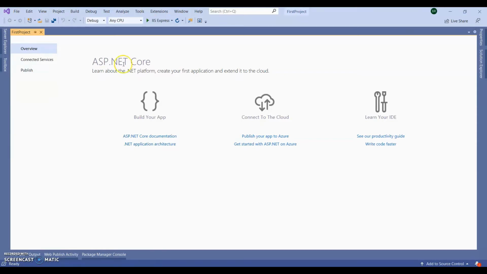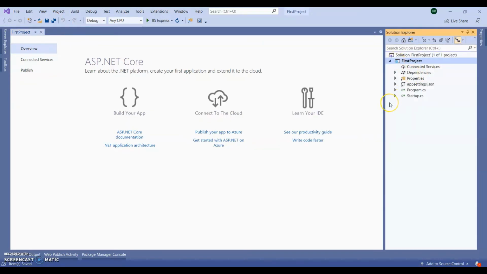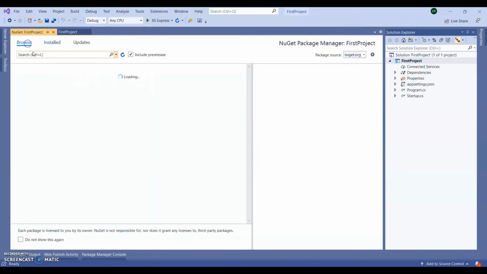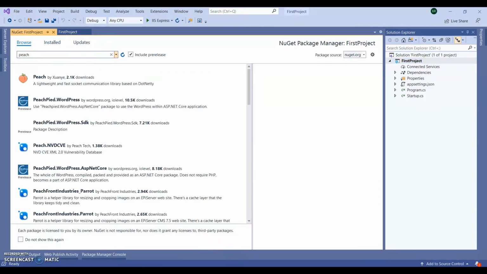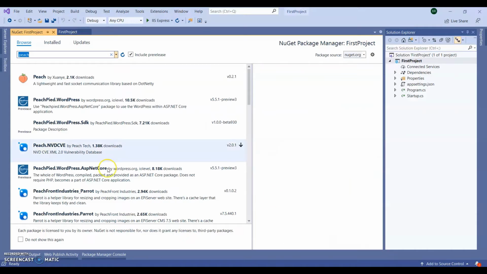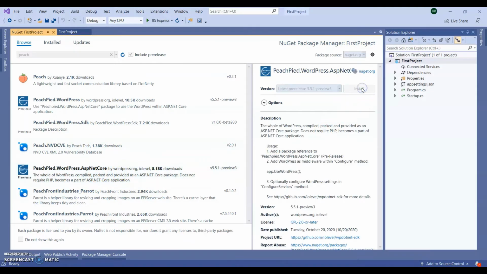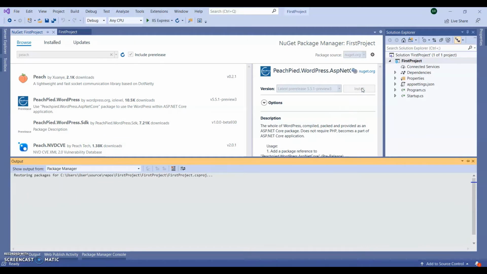Okay, our application is created, so you can see. Let's add the NuGet package. Manage NuGet packages, PeachPie. Let's add this PeachPie NuGet package. So PeachPie WordPress.ASP.NET Core, click on install. It will take a few seconds or a few minutes depending upon your system configuration and your internet speed.